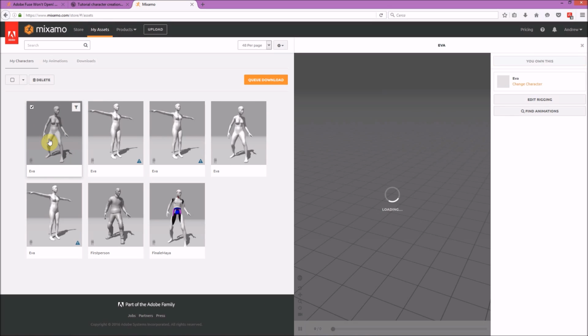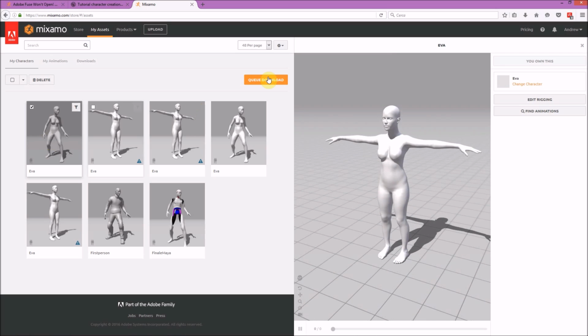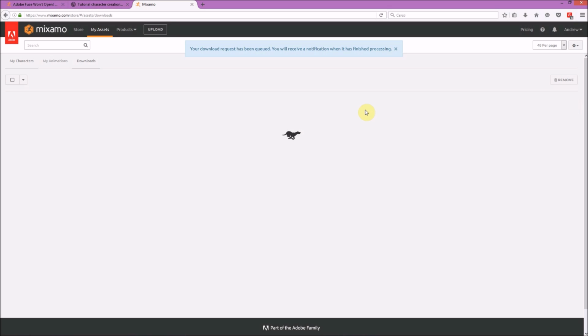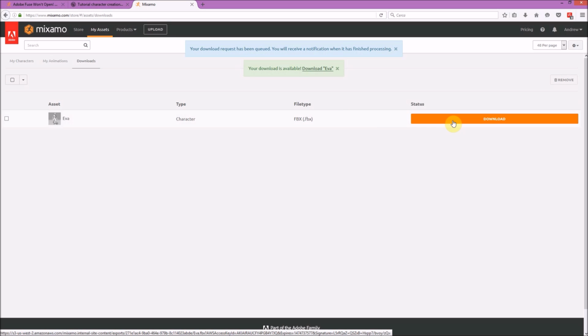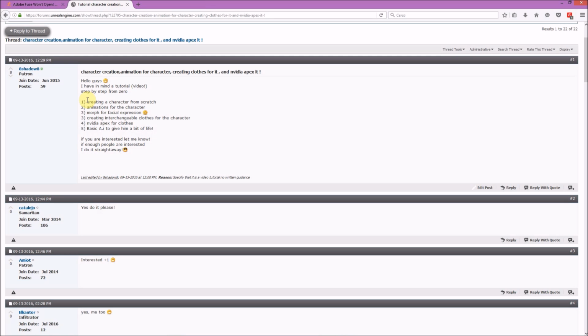Select the first one, and then you have to download it and select original pose, and then download. Save, and so on. Okay, we covered the first step, the second step, and the third, more for facial expression,